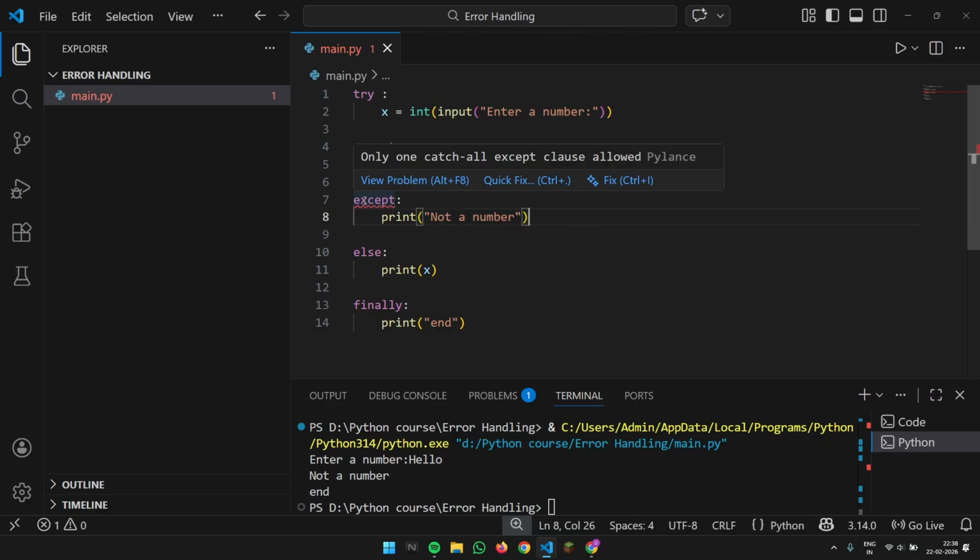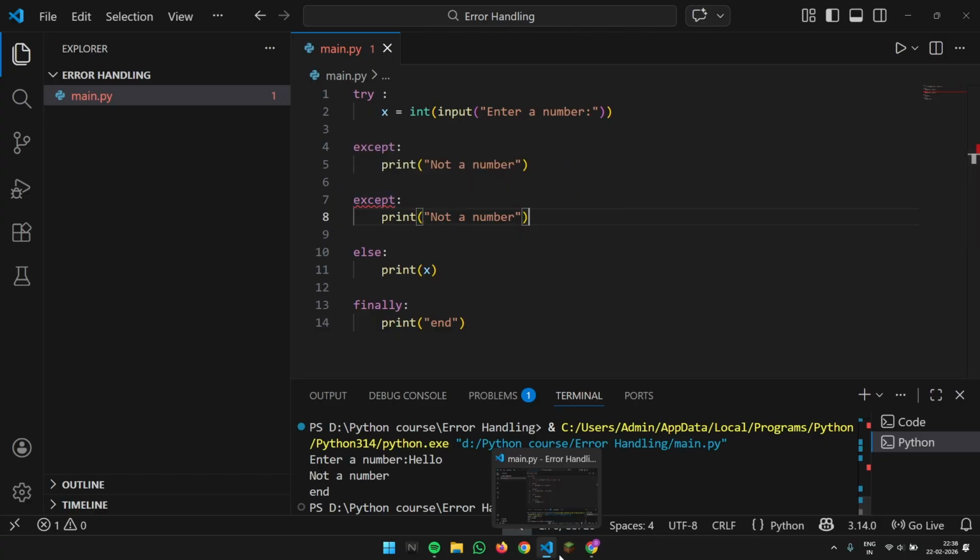Okay, I'll try to debug it real quick, to see that we can use multiple except blocks. I'm sure we can do that, but I'm not sure how. And because we do not know how, that's the exact reason why we are here, to learn that. So what we'll do is put the error type here,